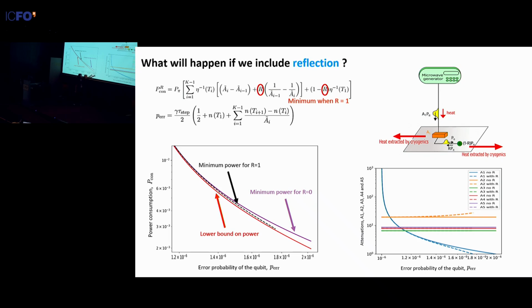Each time the attenuation goes out of the logical region, we fix it, and then we optimize over the upper attenuators. How do you define this metric? Yeah, which metric? How do you define the error probability of a qubit? Usually you have gate errors, so it's error after, I don't know, which time? Okay, so we assume doing one single qubit gate,